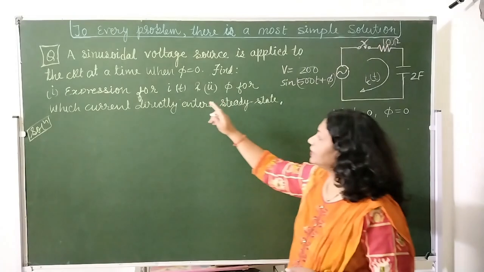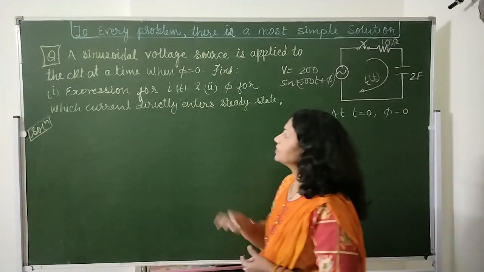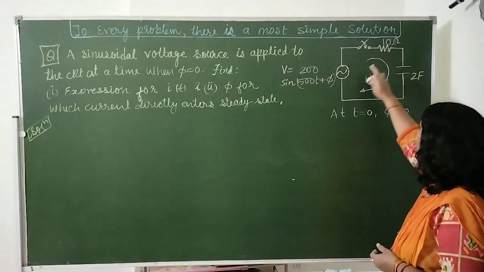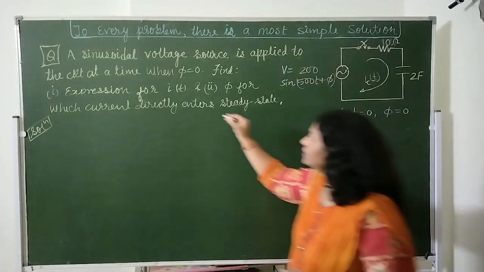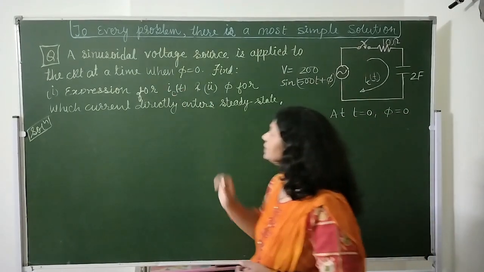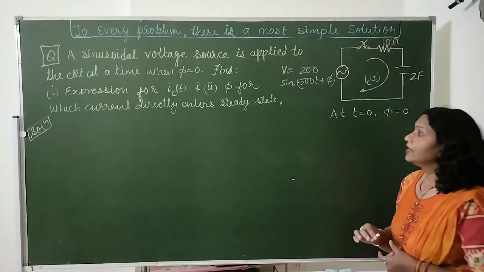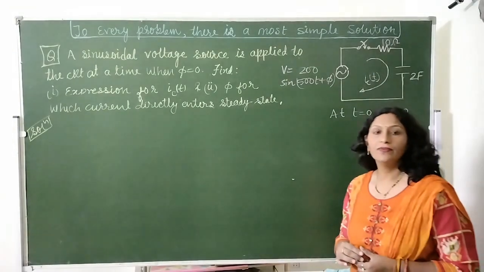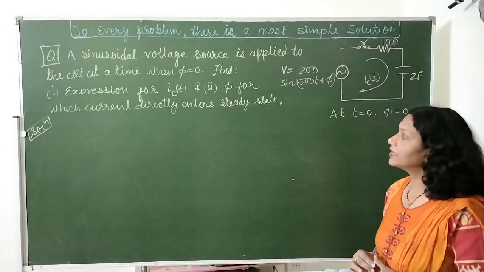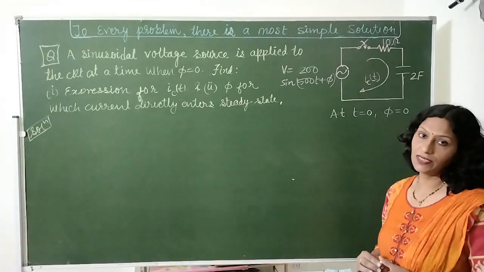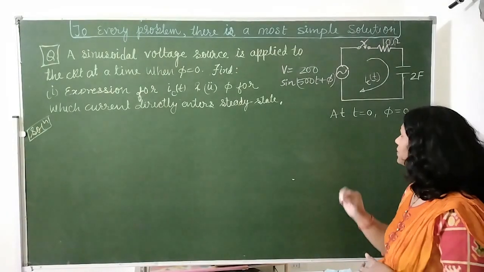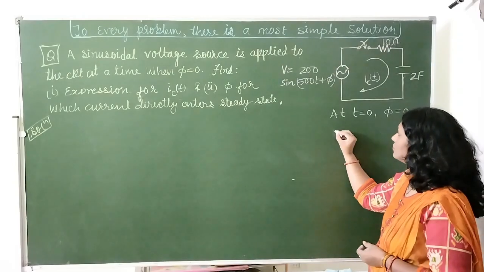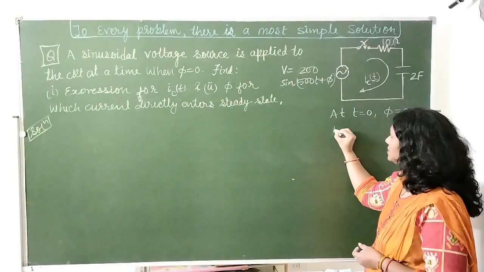And we have to find here, first, the expression for i(t), the current flowing here, or you can write it i_C(t), because only one current is flowing there. And secondly, we will find the value of phi for which the current directly enters steady state. So for the first part, that is to find the expression i_C(t),